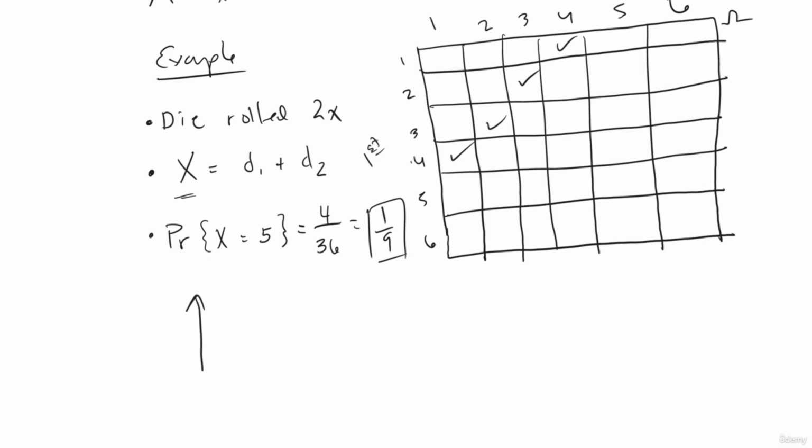The lowest number you can get is 2, because you can do 1 and 1, and the highest number you can get is 12, so it's going to be from 2 to 12. And so if you think about it, you have 3, 4, 5, all the way through these numbers in between, and each one of these has a probability, where we know that the probability of this one is going to be